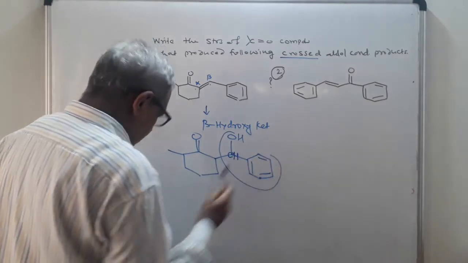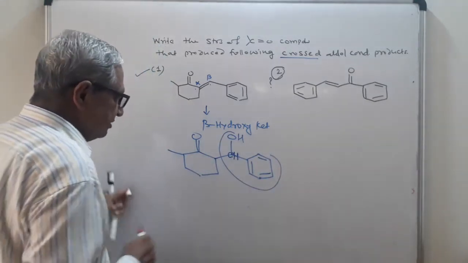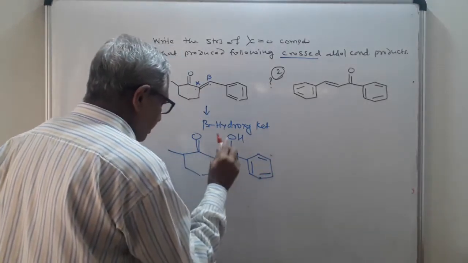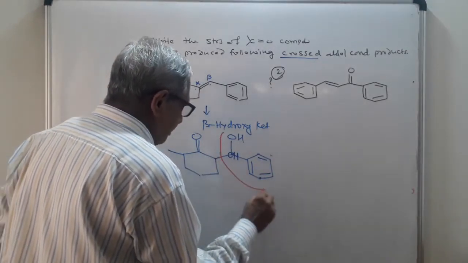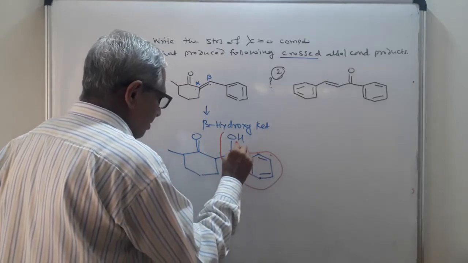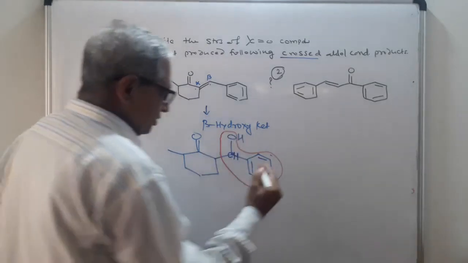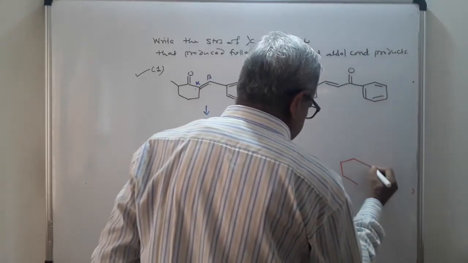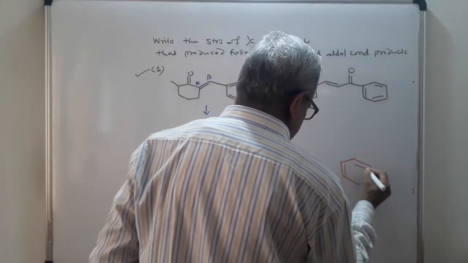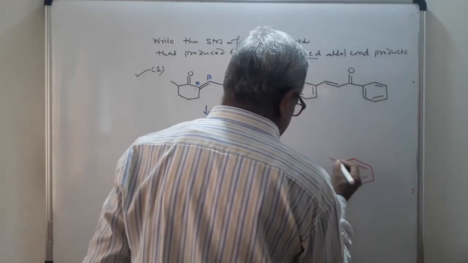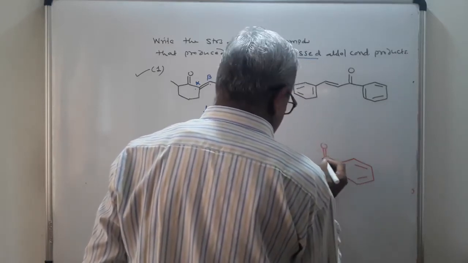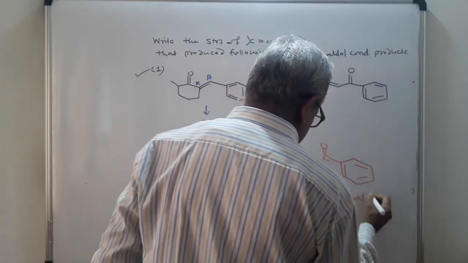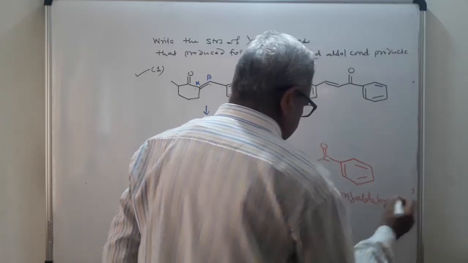This is your first molecule. I will indicate it by a different color. So this structure will be like this: a 6-member ring with alternate double bonds. You will get here C double bond O H, and the name of this one is benzaldehyde. This is the one structure.